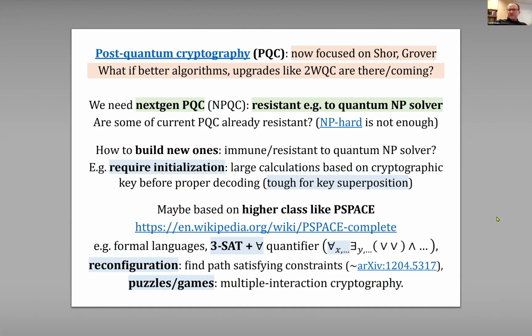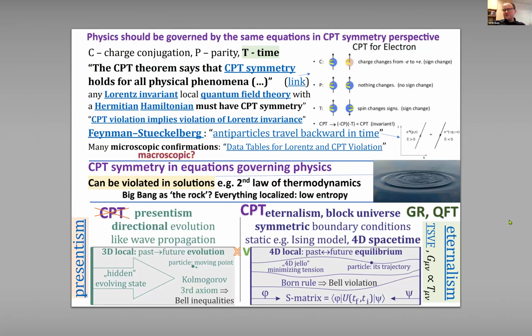Okay, so the last part discusses further physics, maybe photonics, quantum computers mostly. Physics is believed to satisfy CPT symmetry. That means that looking at physics from the perspective of CPT symmetry, evolving backward in time, the equations should be the same. This CPT symmetry has time reversal as the most important part, and usually sufficient. For example, for electromagnetism, we can think not only about time, but also about parity and change of charge to the opposite one. And there is this Schwinger CPT theorem that a Lorentz invariant, local quantum field theory with Hermitian Hamiltonian must